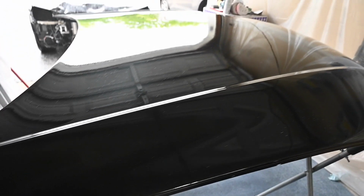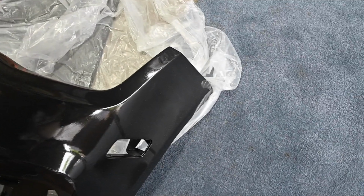There are definitely some little spots of orange peel on here. Nice as the hood did, there was a lot of nooks, crannies, curves, and...